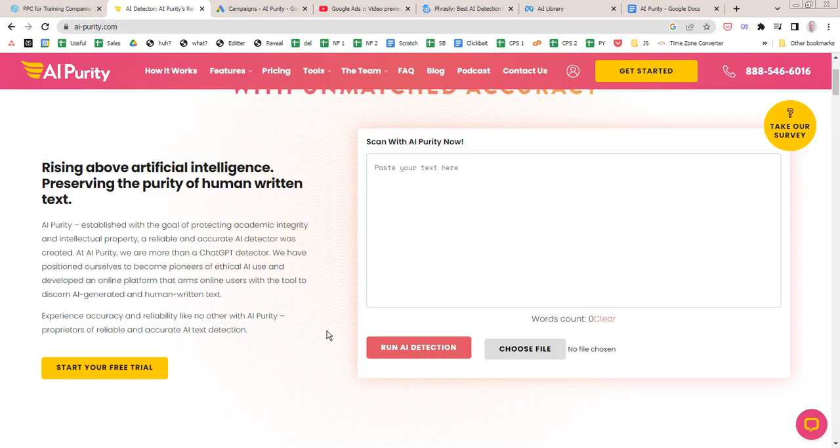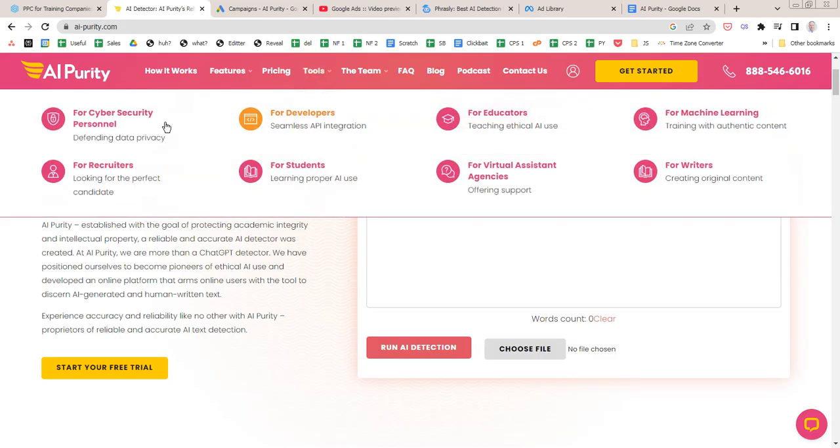So the immediate question is, who is this for? And to skip to the chase, it's for students. But that is the first problem I noticed with the website, which is that that's not clear. Under tools here, it's set up to be targeting multiple groups, developers, but really it's for students.